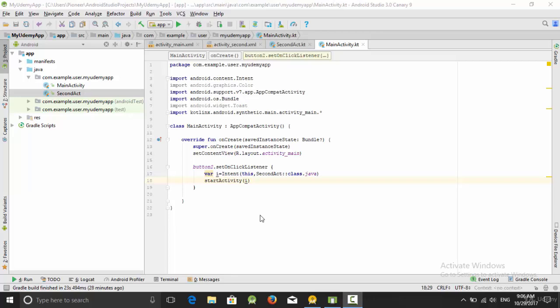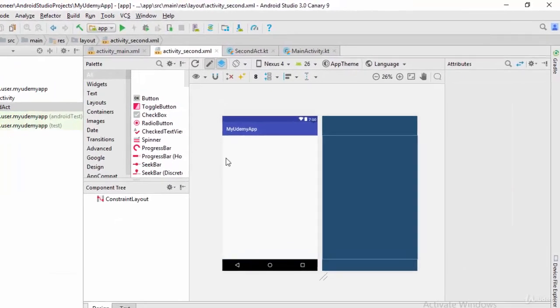Hello everyone. In this video, we're going to talk about how we can use intent to send a value from one activity to another activity. In the previous video, we saw how we can navigate from one activity to another activity using the intent. So let's go to the second activity,